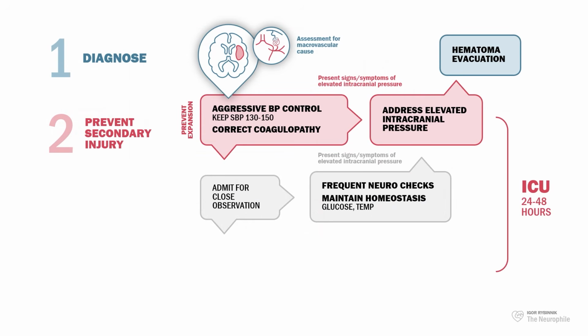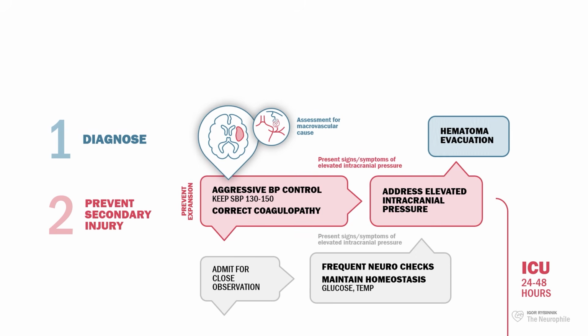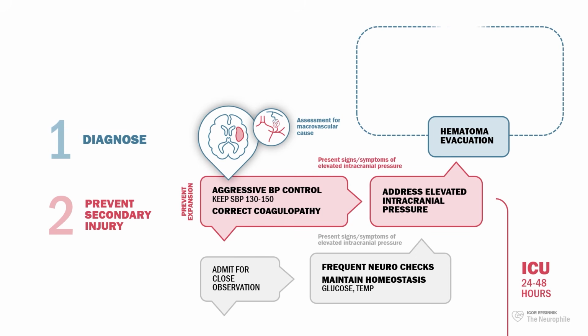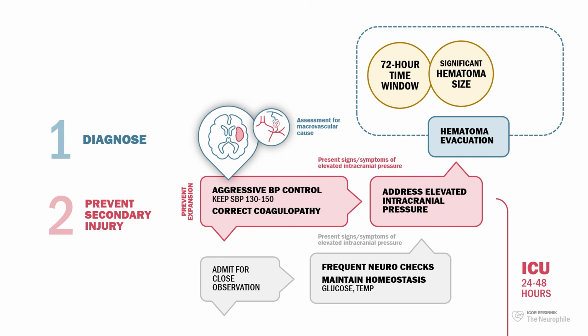Once the blood pressure is controlled and coagulopathy has been reversed, the patient should then be admitted to the ICU, because they're at high risk for deterioration. If signs of elevated intracranial pressure worsen because of hematoma expansion or perihematomal edema, then hematoma evacuation may be considered. The general indications for surgical hematoma evacuation are within a 72-hour window, hematoma size needs to be large enough to